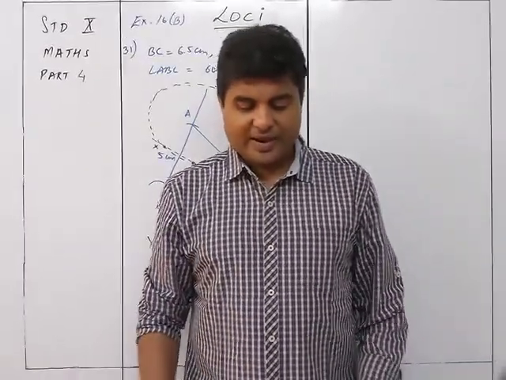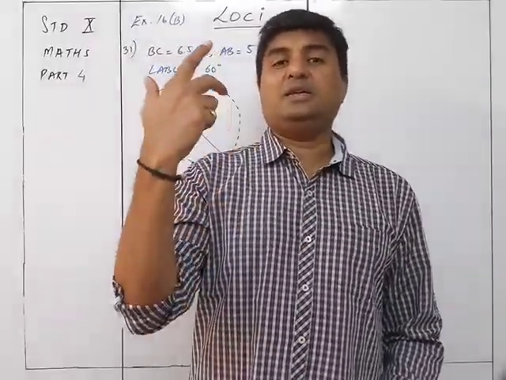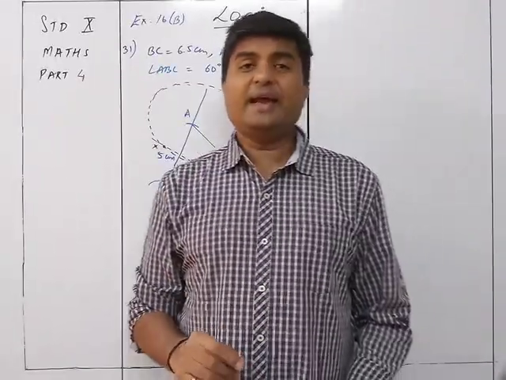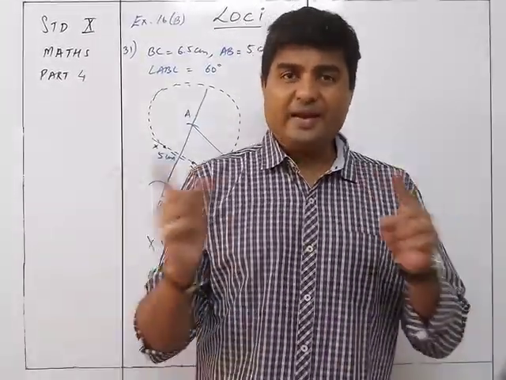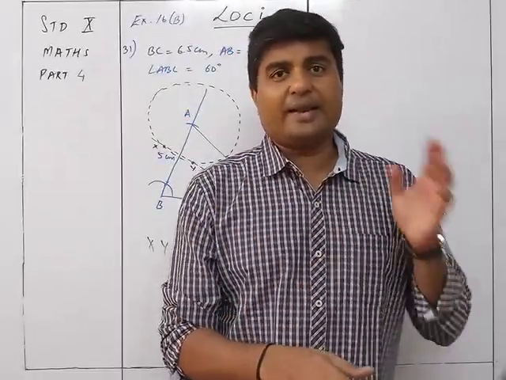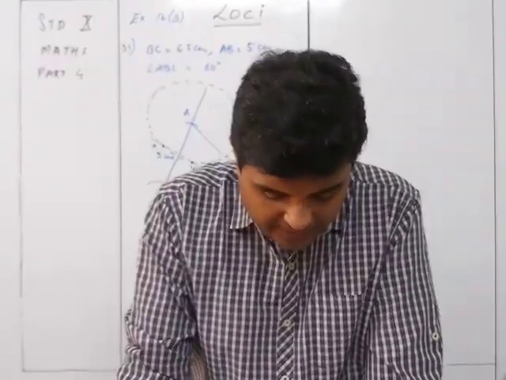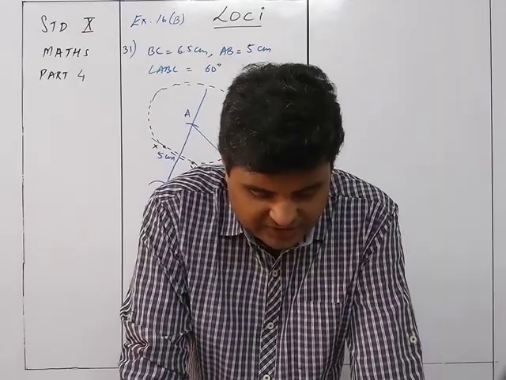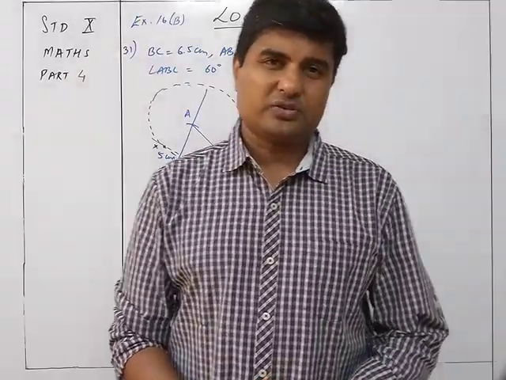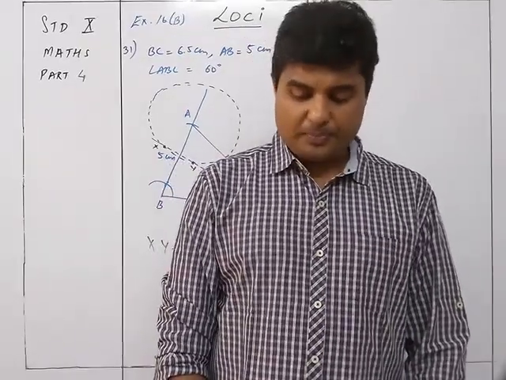Whereas in case of an equilateral triangle, the centroid, the incenter, the circumcenter and the orthocenter, all four of them are the same point. In an equilateral triangle, the median is also the altitude, the altitude is also the angle bisector, and the angle bisector is also the perpendicular bisector of the sides. So all four are the same. G is the centroid of ABC, and it is also the incenter, circumcenter and orthocenter. So that is the description of the intersection points of the different parts of the triangle.